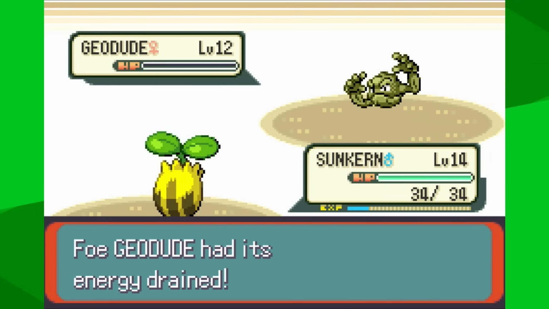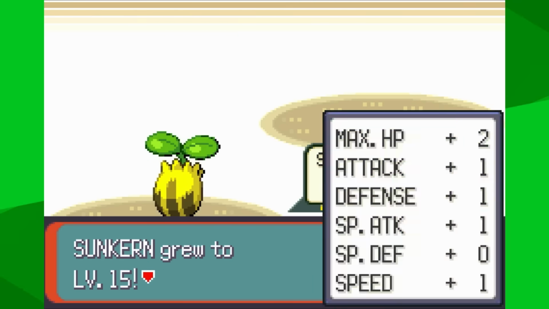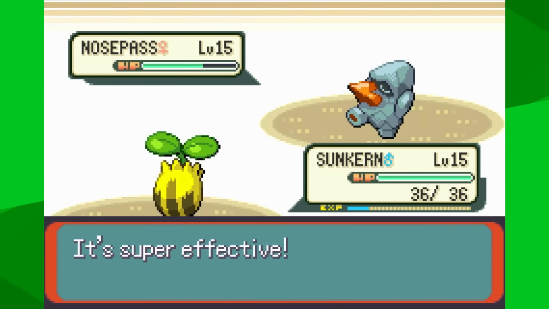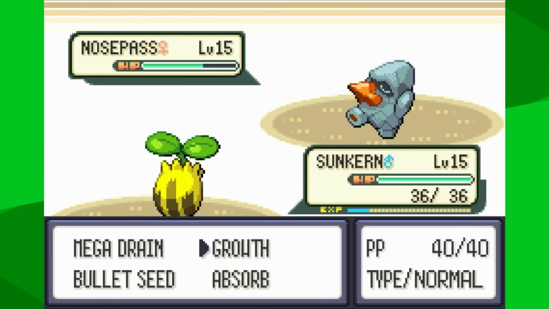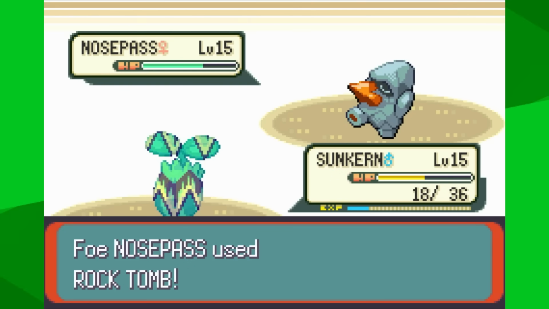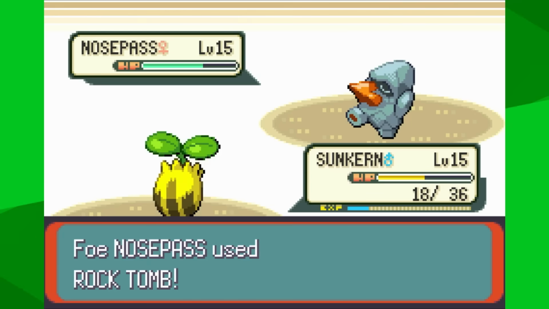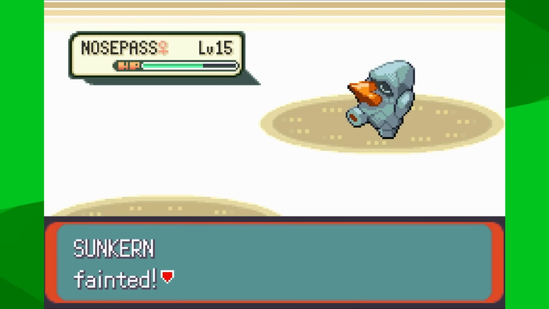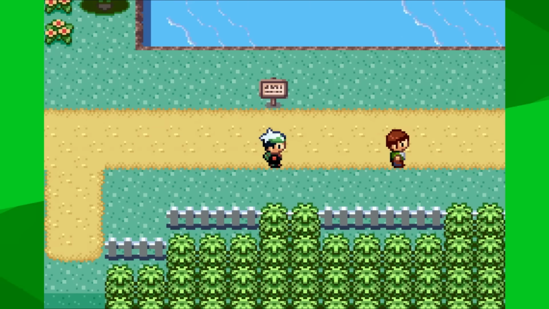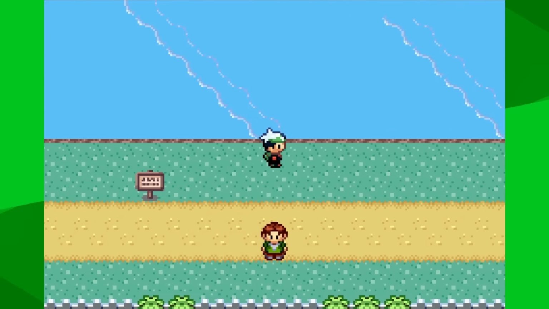The first Geodude is obviously a 1-hit KO, the second Geodude is a 1-hit KO, but the Nosepass doesn't do very much damage, only about a quarter. Don't forget, Nosepass isn't ground type, so it's not double super effective. It eventually goes for Rock Tomb, which does do 18 HP. It does have a 20% chance to miss, but it doesn't miss, and I lose to Roxanne, and I was so confident I actually saved way earlier, which is very annoying, but hey,